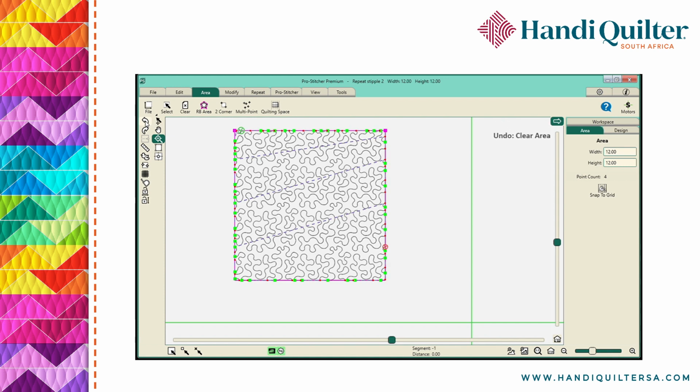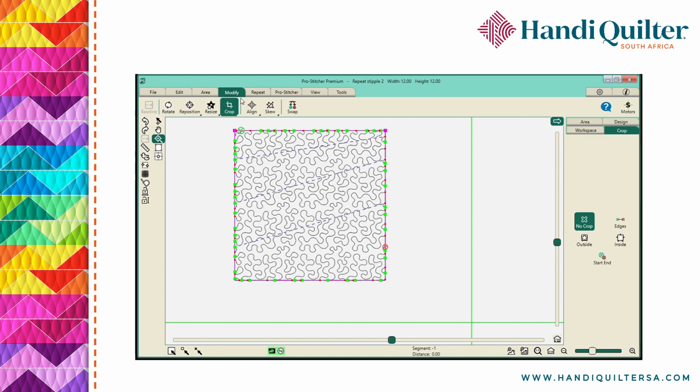Okay, so let's go back here, and I'm going to actually just say I want the edges to join. It doesn't want to, so we need to go back a little bit further. There's the repeat, the crop. Can I do it now? Yes. Okay, so here's my block. I'm going to baseline it. So I'm going to say in the outside edges of the block, I don't mind if there's a little bit where it stitches straight. Now, if I had an applique in the middle here,